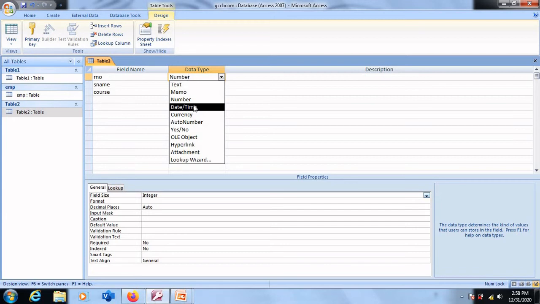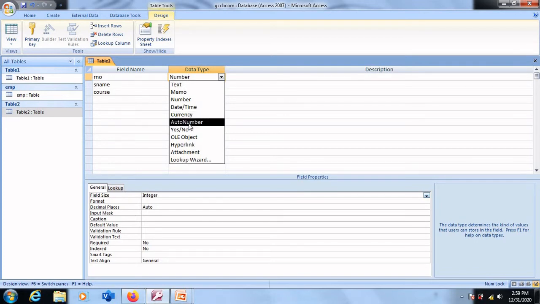You also can type the date and time if you are a user, and Excel also provides the additional feature of displaying a calendar, and from the calendar you can select a particular date. The next one we have is currency. The currency data type stores values in monetary format, that is, numbers will be displayed along with currency symbols like rupees, euro, dollar, etc. There are various currency symbols available or stored in MS Access. You can make use of it. If currency, then the numbers will be displayed along with currency symbols.